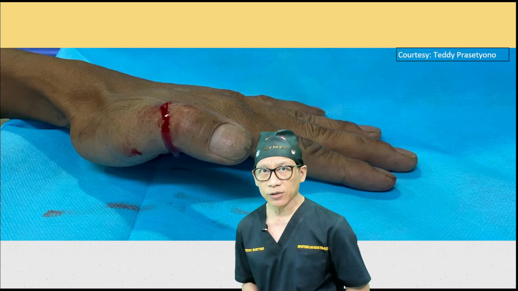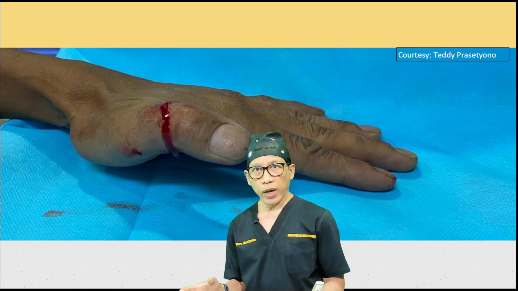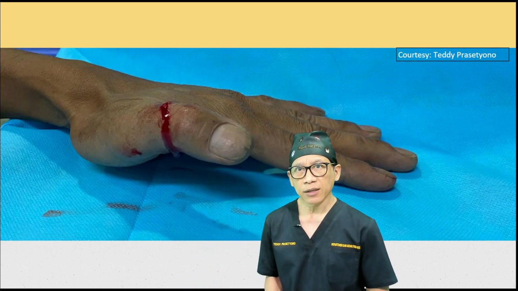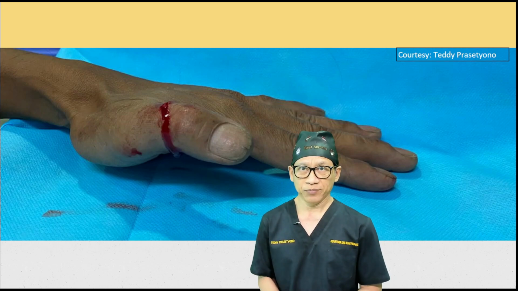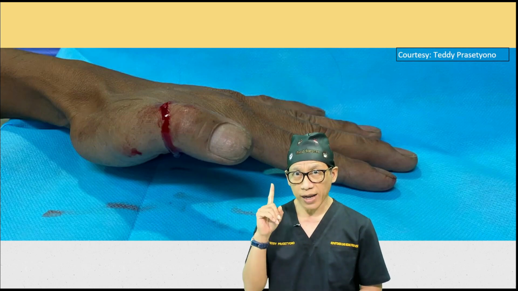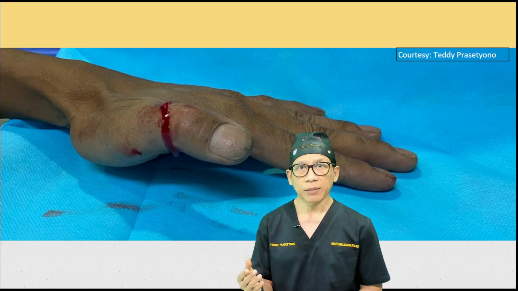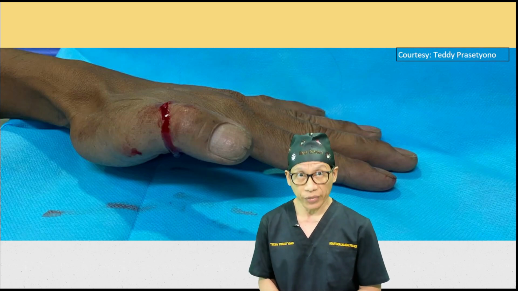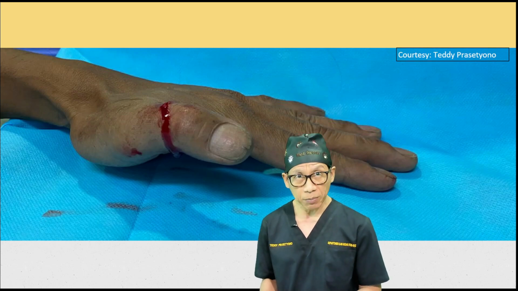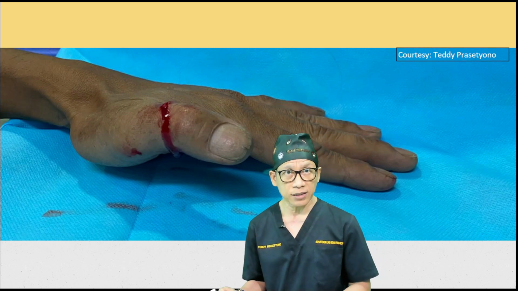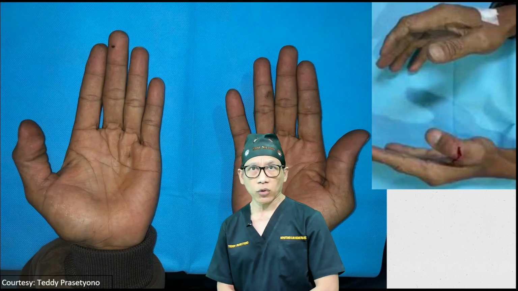So you could see that the picture was taken from a video where it shows that the patient was not able to extend the IP joint. The thumb only has one IP, so we do not have PIP and DIP for the thumb. Now you can suspect that the EPL may be ruptured rather than only skin lacerations, and also, of course, a venous injury at the dorsum.